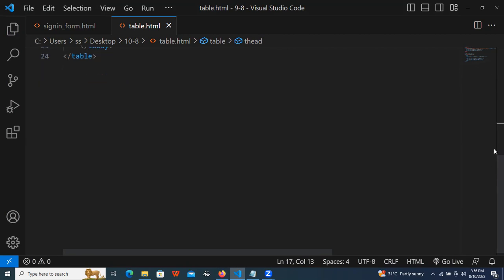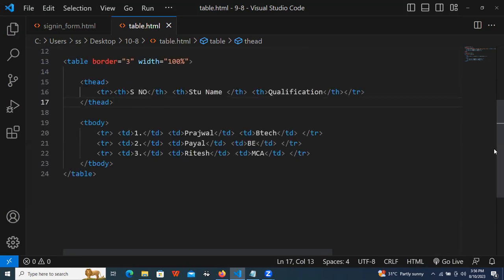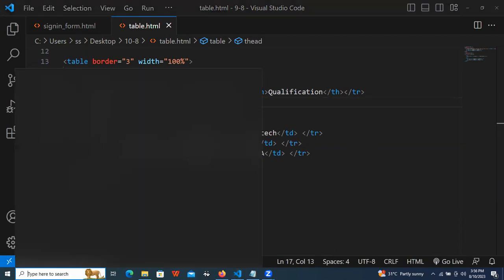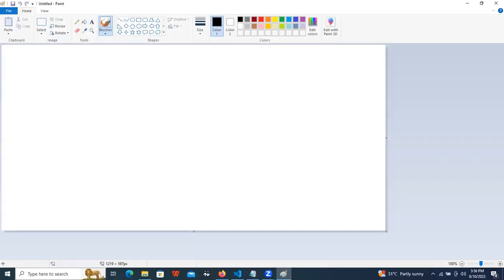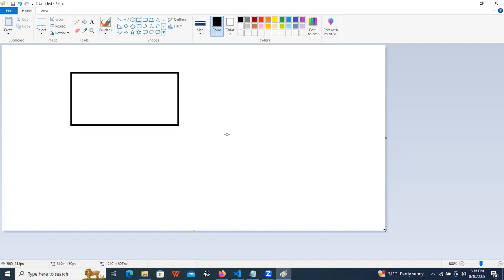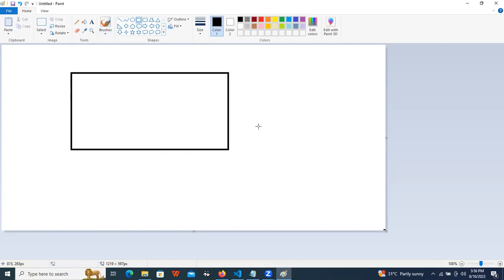Okay, then there is one more concept called col span and row span. So I will take a paint. What is the col span? What is the row span? I will explain for you. Okay, for example, there are multiple students. Okay, multiple employees are there. For these multiple employees, for example, I am taking a table like this. What a col span is, for example,